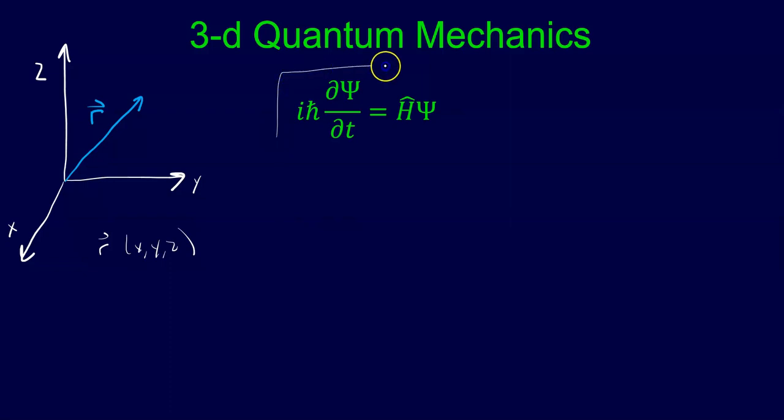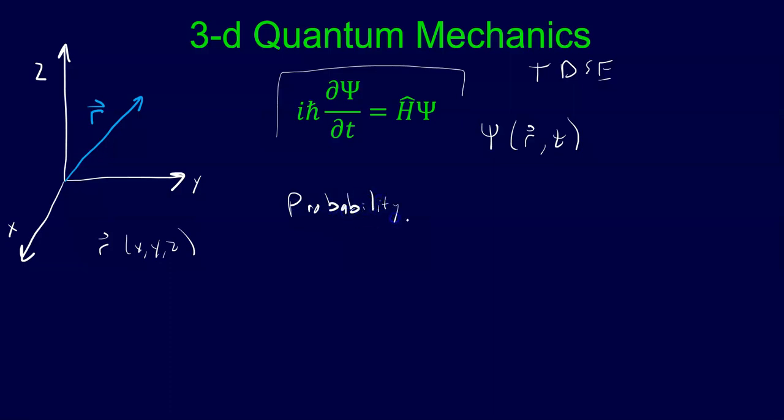And so now we have our same time-dependent Schrodinger equation. And our capital psi now is going to be, instead of being a function of just one spatial dimension, a function of three spatial dimensions. And so we've got a few things we're going to go through and adjust in our time-dependent Schrodinger equation. So first of all, the probability